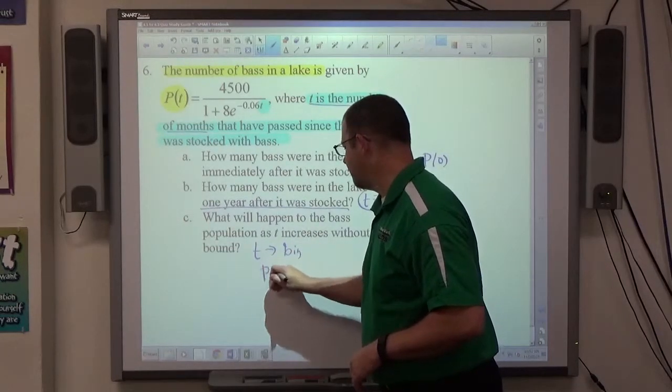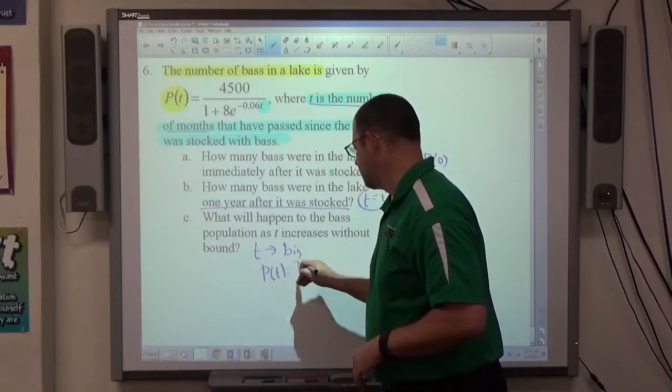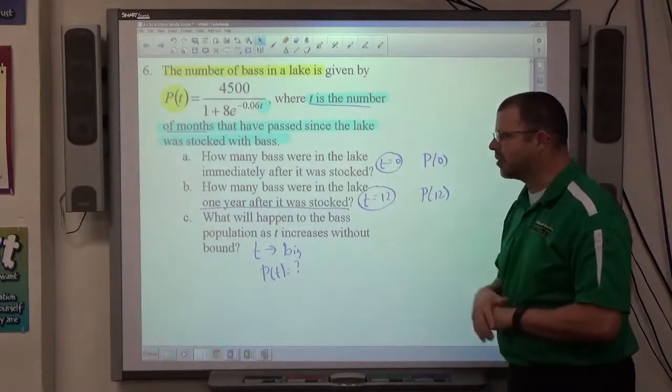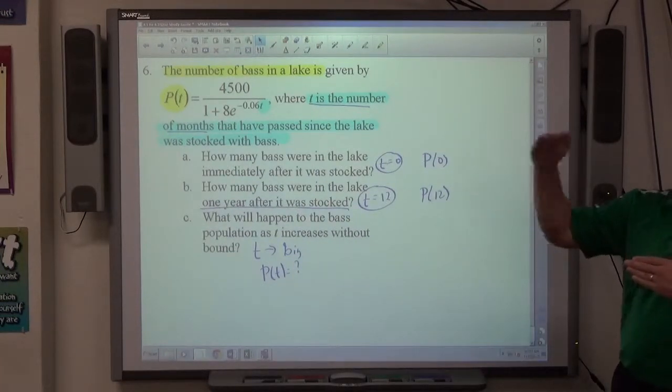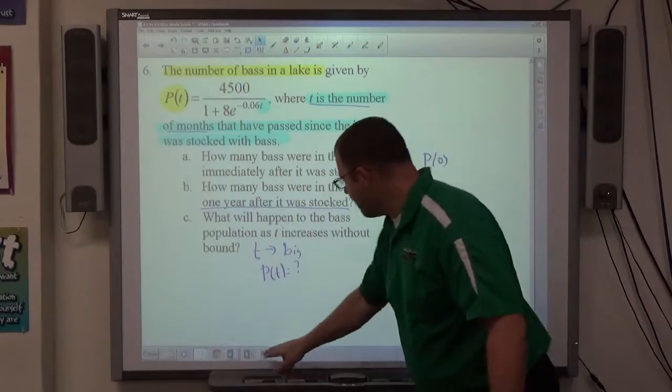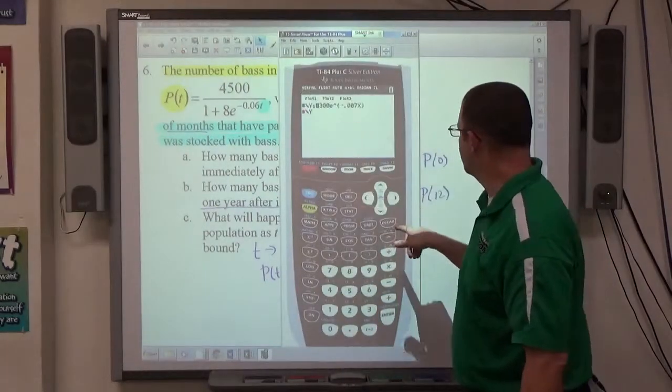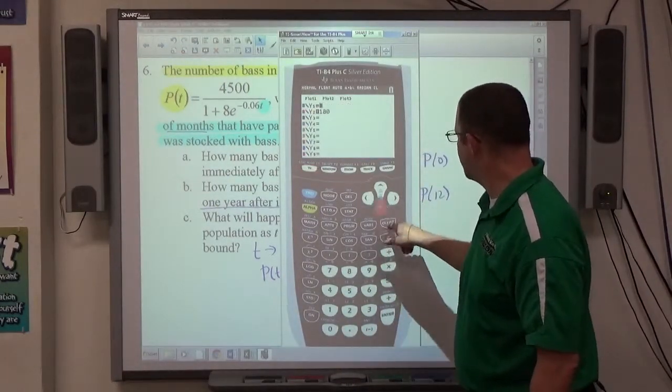What happens to P? Usually when I ask a question like that, that represents a horizontal asymptote. So just let T get really big. You might consider a graph first, see where the graph goes horizontal. So first of all, I graph. Type in this equation,